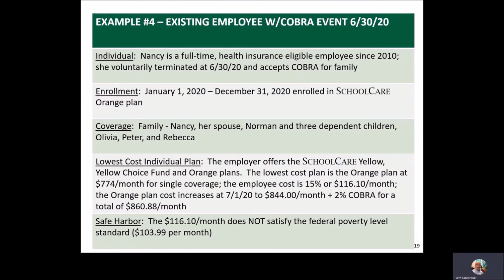Example 4 is an existing employee with a COBRA event on June 30, 2020. Nancy is a full-time health insurance eligible employee since 2010. She voluntarily terminated at June 30th and accepts COBRA for family through December 2020. Her coverage again is family. The employer offers the School Care Yellow, Yellow Choice Fund, and Orange plans. The lowest cost plan is the Orange plan at $774 per month for single coverage. The employee cost is 15%, or